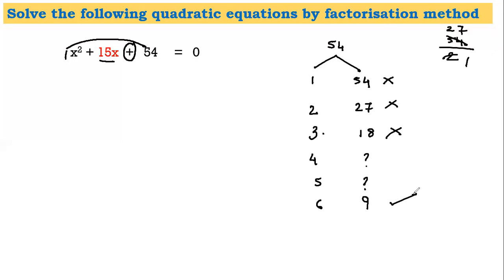So any type of confusion can be avoided if you follow these steps. Now still the sum is not over. We will just revise the steps. First we put the equation in the standard form. In this case it was already in the standard form. Then a into c, 54 into 1 gave us 54. Then we decided the operation, that is the third step, that is addition, because the last number sign is plus. Then we took some time and found out the factors. You could directly come to this number if you can guess it. Now students, the last and the very important step is sign. Now if you remember this,